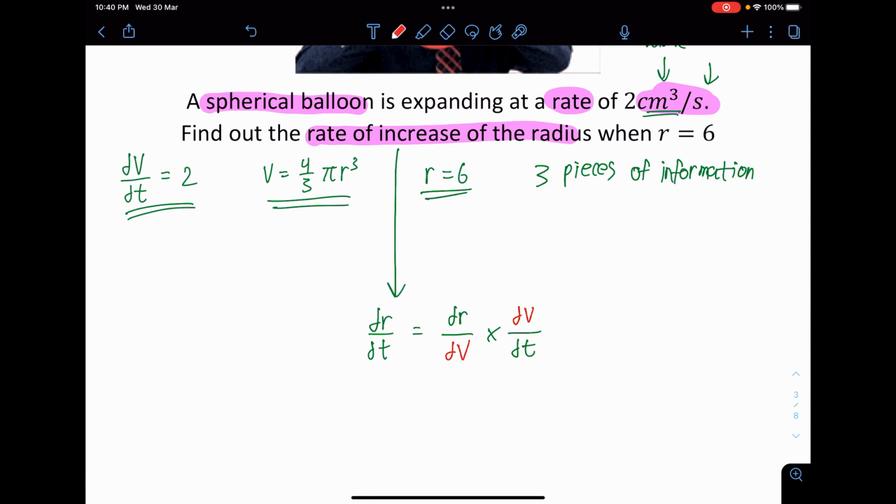Okay, but there is a slight problem with this formula. I'll let you know in a few seconds. But for now, you can say that dv dt is actually found to be 2 units. So I can tell that dv dt equals 2. I can substitute immediately, whereas dr over dv is actually not found yet. I have no idea what is dr over dv. That is where the second information is going to be useful.